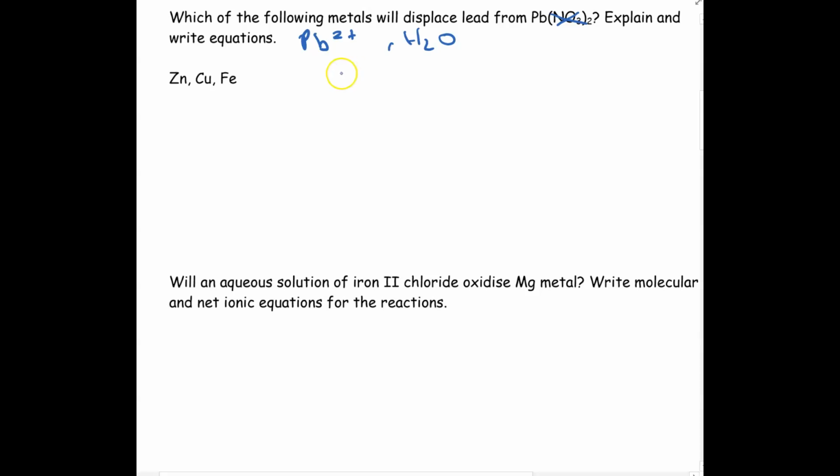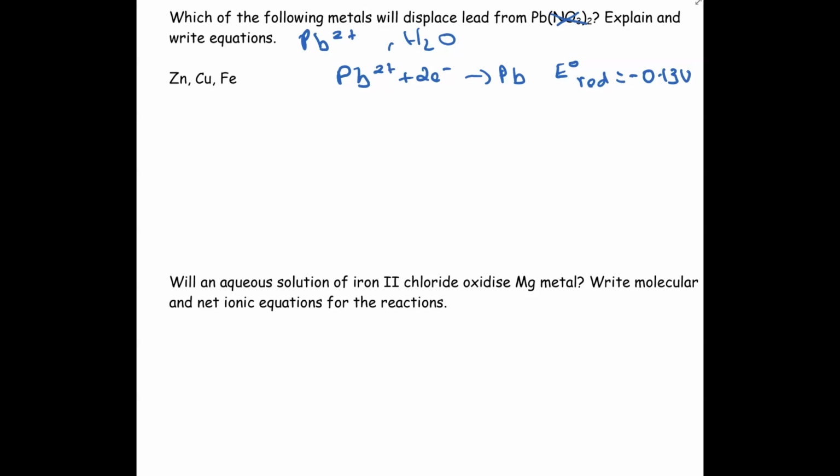I find lead ions. So I go lead ions plus 2 electrons goes to lead. E0 for reduction is equal to negative 0.13 volts. So now I need to know the reducing agents. So I put my right hand finger on the right hand side and move upwards for the strongest